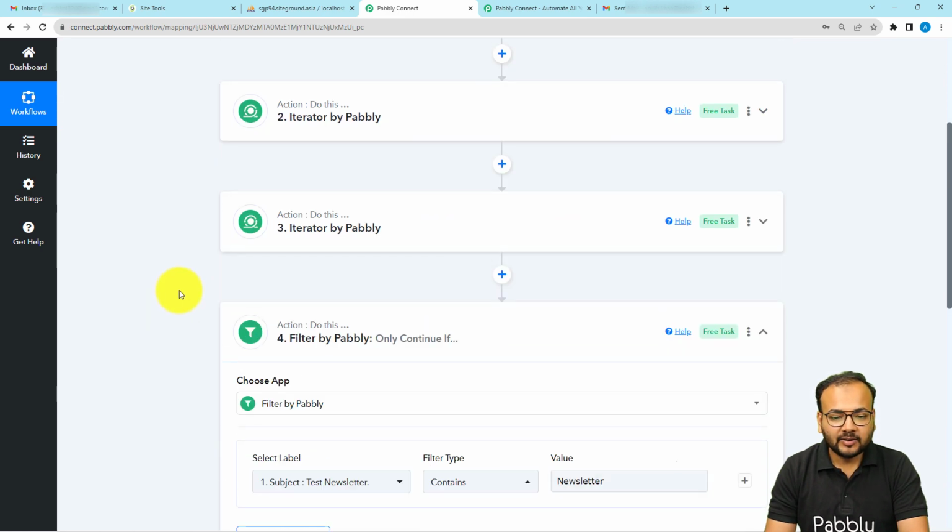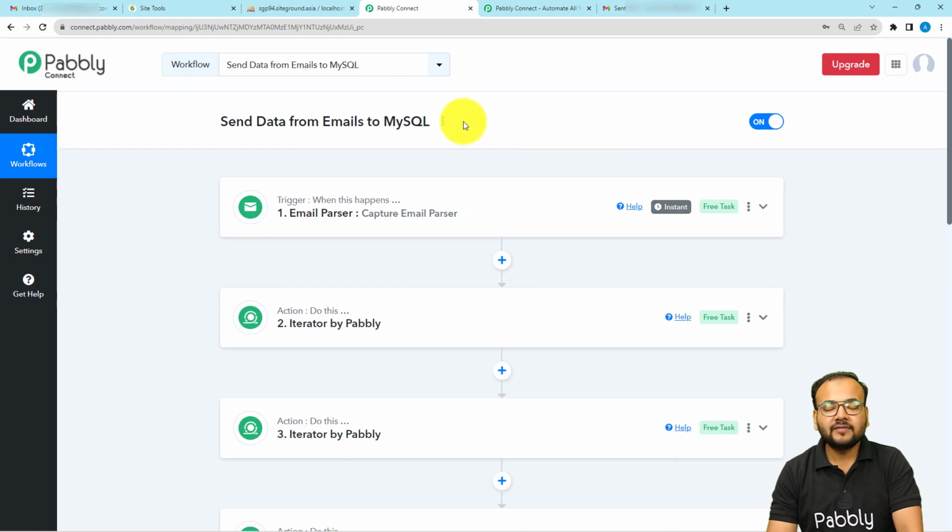Okay, so now the automation is complete, and I'm going to paste the link of the same workflow in the description so that you can clone this workflow in your own free Pabbly Connect account and start using this automation